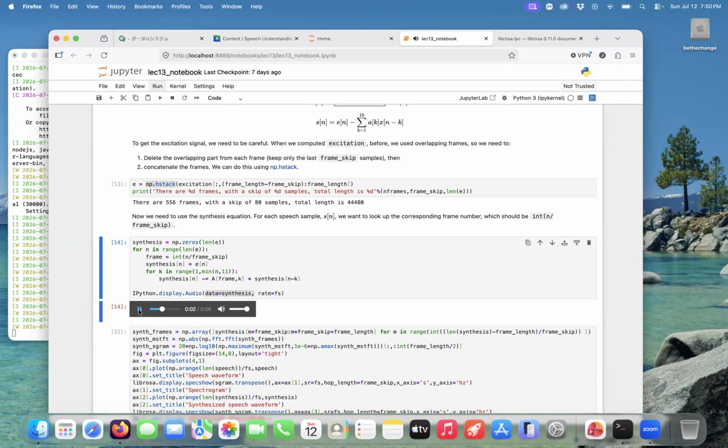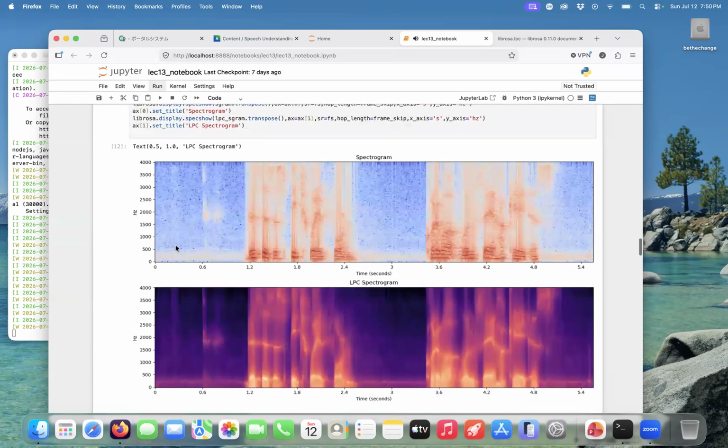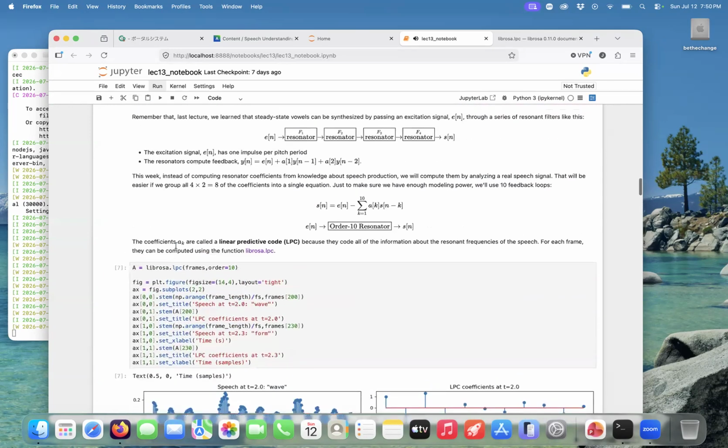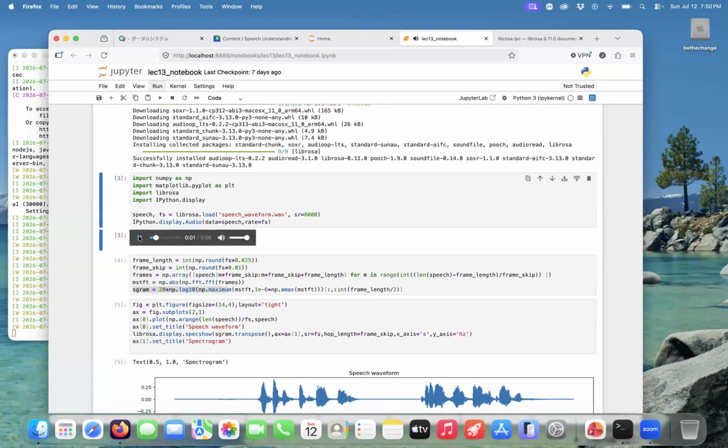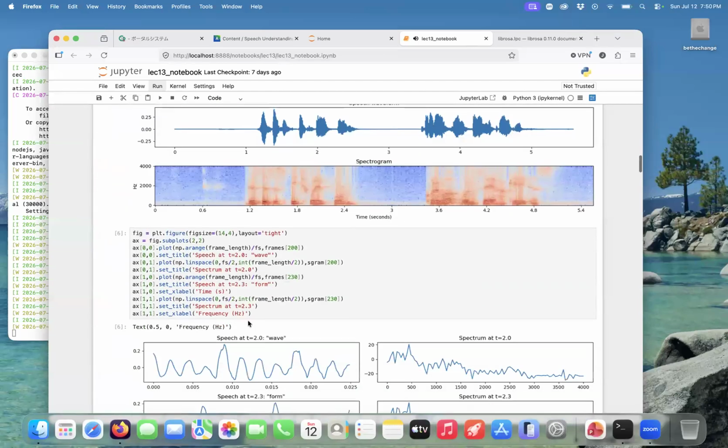This is a speech waveform. これは音声波形です。 If I go back to the original speech signal, this is a speech waveform. これは音声波形です。